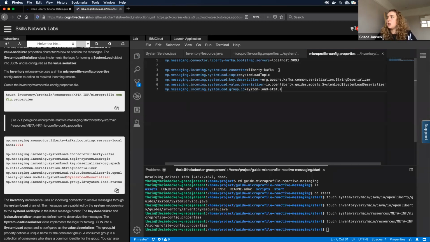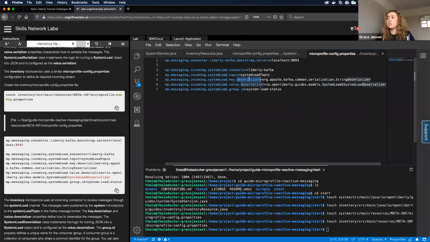and save. So again, we're utilizing that same connector, but this time we're utilizing it for the incoming connection through that incoming annotation. We're still utilizing the same topic, but the great thing about having this sort of configuration is that if, for example, two different teams were making the two different microservices in this application, you wouldn't necessarily have to name it the same thing. So you could have a different name for it within the microservice, but still referring to the same topic on Kafka, which is obviously great. So you don't have to make sure all your configuration lines up across microservices, which can be tricky when you're working with remote teams, for example.